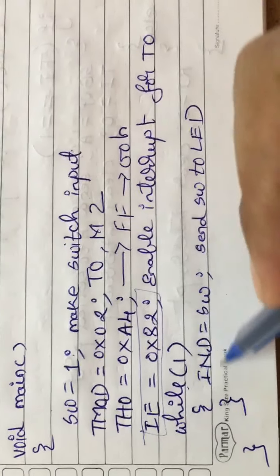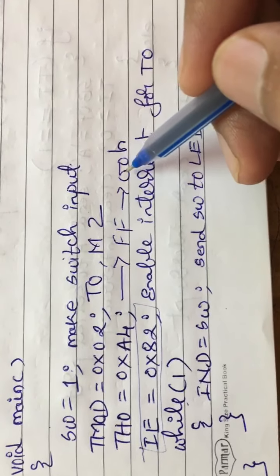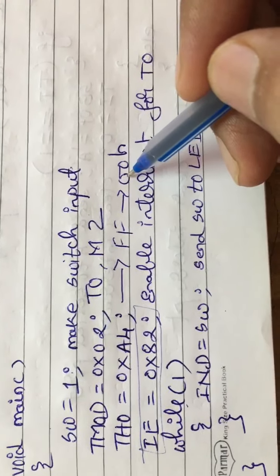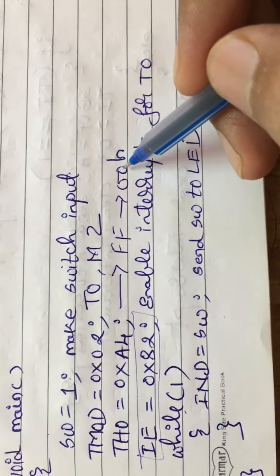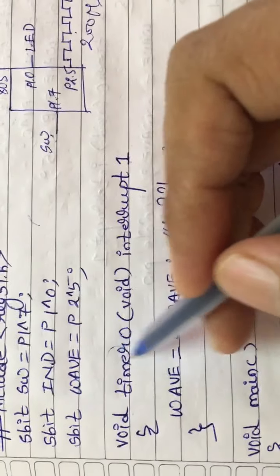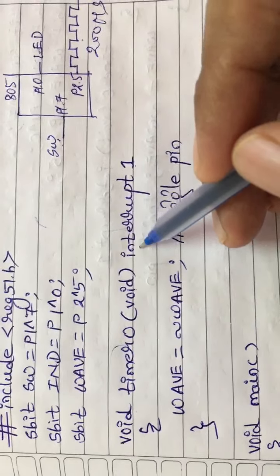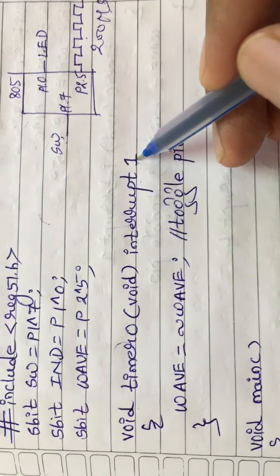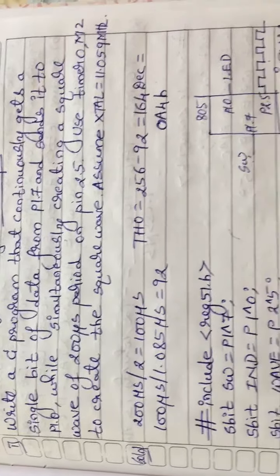This process will continue until A4 reaches FFH and resets back to 00H. When it resets back to 00H, that means when timer 0 reaches FF00H, it will come out of the while loop and execute the statement void timer0(void) interrupt 1. If I write interrupt 1, it means the timer 0 interrupt is being used. This is the first C program with respect to interrupts.